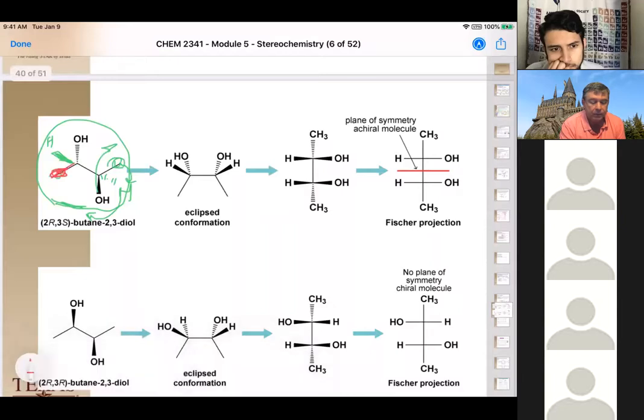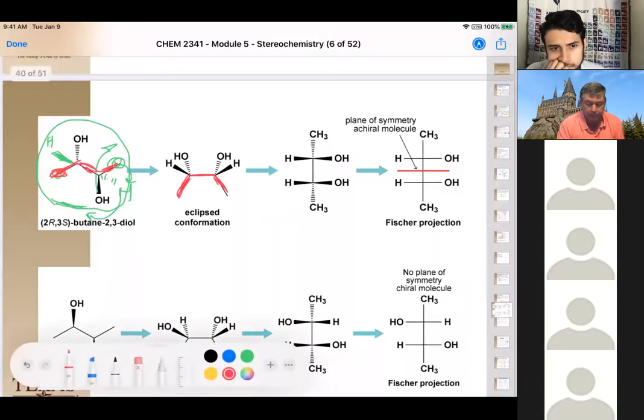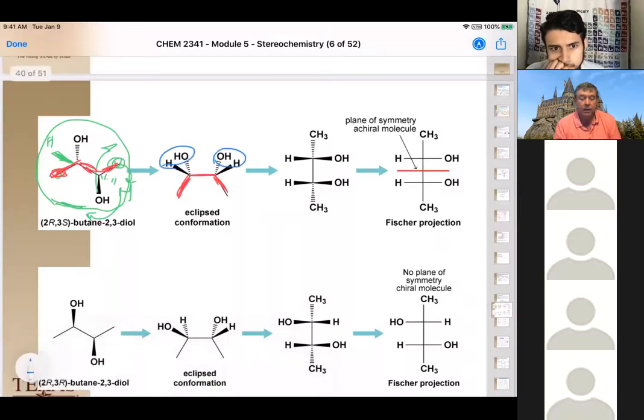Our methyl groups, this chain right here is in the eclipsed form. And now we have all of our substituents pointing up. So we have all of these substituents pointing up. Now if we put the eclipsed carbons right here in a straight line vertically, we end up getting,